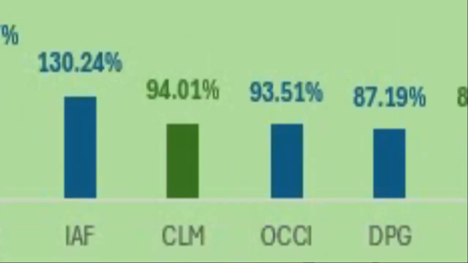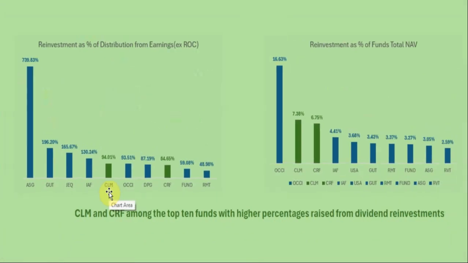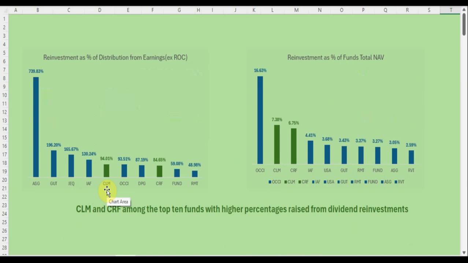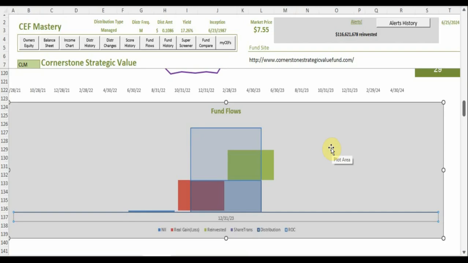Now going back to the distribution reinvestment percentage chart, where I showed you that CLM's reinvested distributions represented 94.01% of CLM's distributions from earnings. If this green block were standing alone, it would account for 94.01% of the darker blue translucent box, which is distributions from earnings. So, in summary, it is quite apparent that distribution reinvestments play a significant role in helping CLM and CRF make